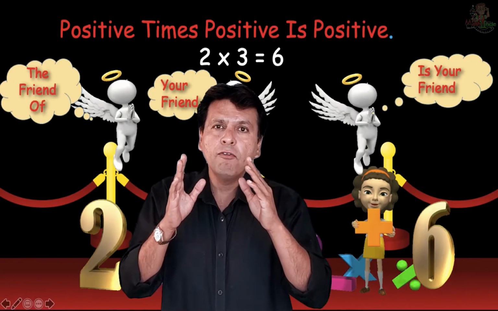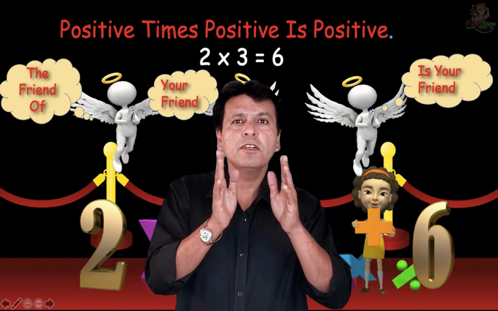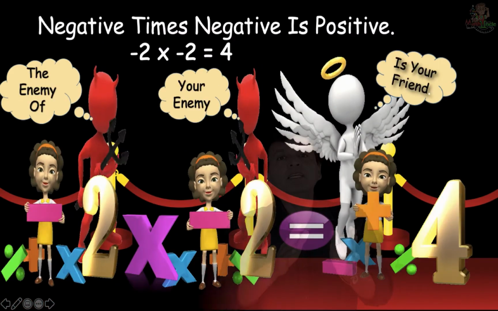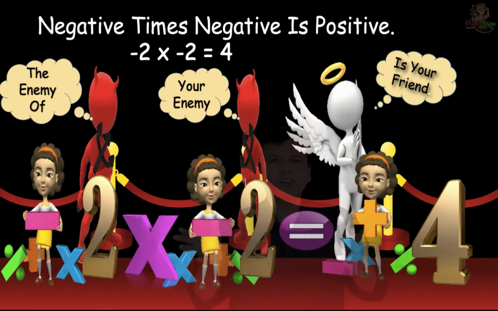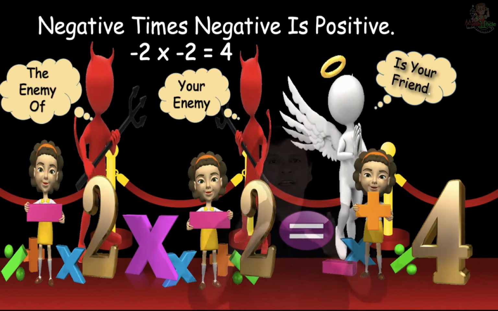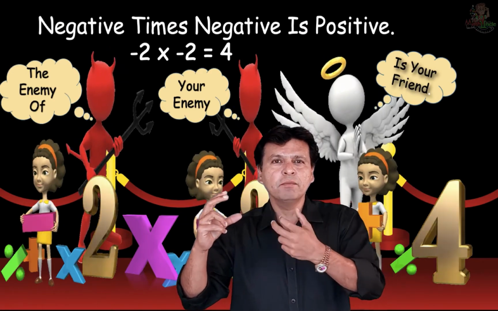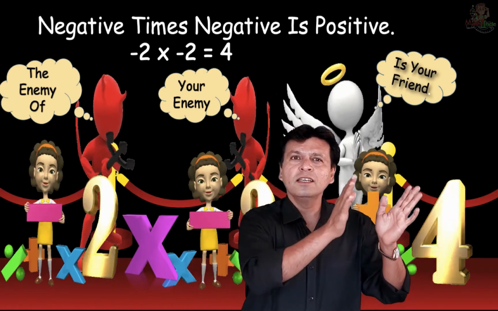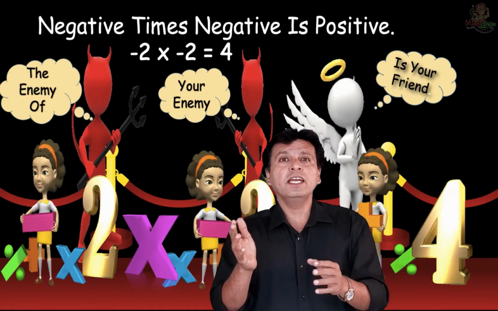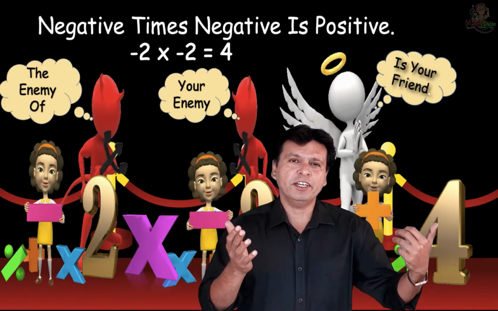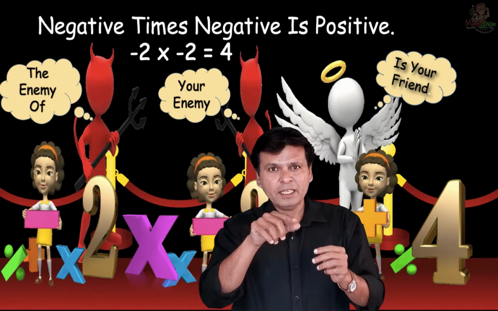So a friend's friend is a friend. So positive into positive is positive. An enemy's enemy is also a friend. Think of it. Nowadays we are in lockdown, we are watching Ramayana and all that. There was a fight between Ravan and Ram, and his brother Vibhishan suddenly became Ravan's enemy and he became Ram's friend. So why did Ram accept him? Because Vibhishan was an enemy of Ravan. So enemy's enemy became a friend. So minus and minus also become positive. Minus into minus become positive.